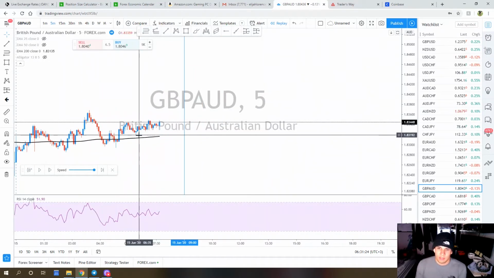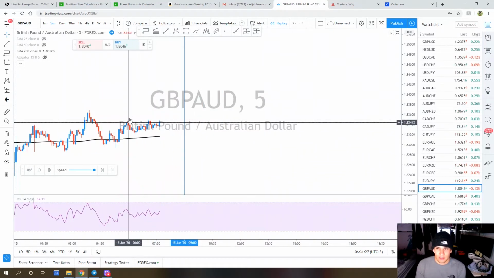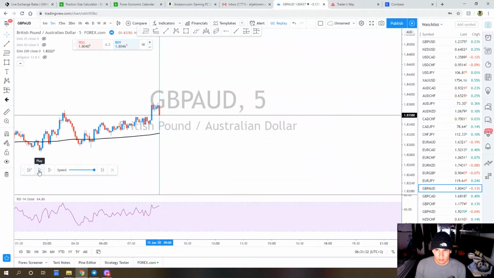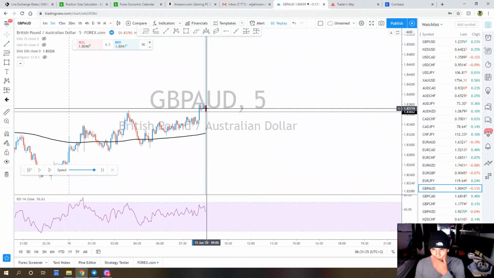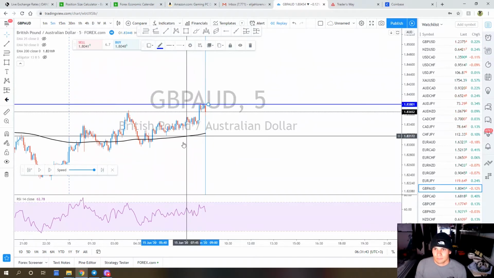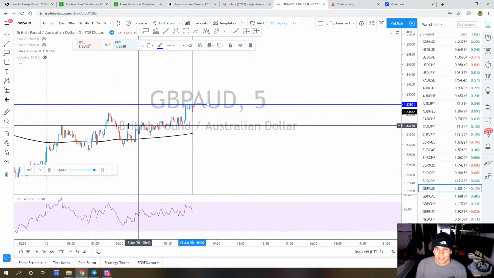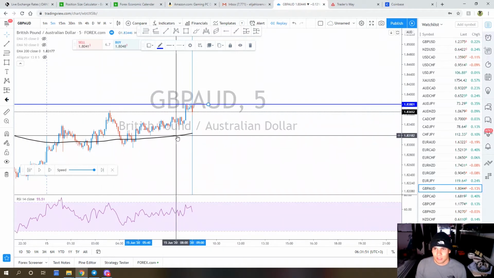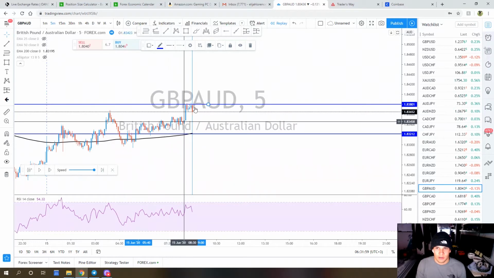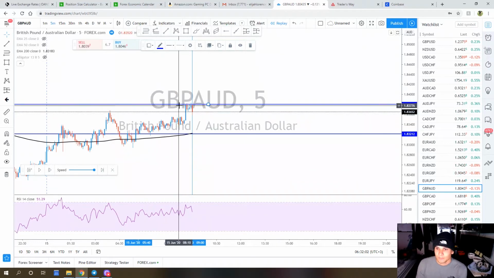So, as you can see, we're nearing the end of the Asian session. Just some consolidation, not much going on. Okay. So, right here. Let me change that to another color. I would say new traders that are trying to trade this uptrend, their stop losses are probably down here in this particular area. So what you're going to want to do is find the relative highs and lows near the close of the Asian session, which is